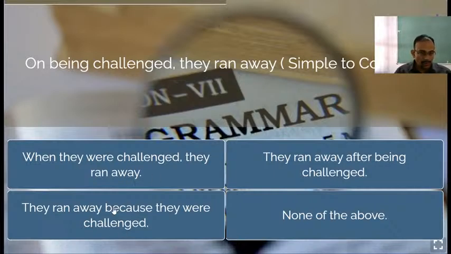Okay, so this option shall be struck off, or this option is ruled out. This cannot be the answer. So let us switch on to another option, that is number 1. When they were challenged, they ran away. Here, they ran away is the principal clause, and when they were challenged is the subordinate clause, because when they were challenged is depending on they ran away. Understood? Therefore,